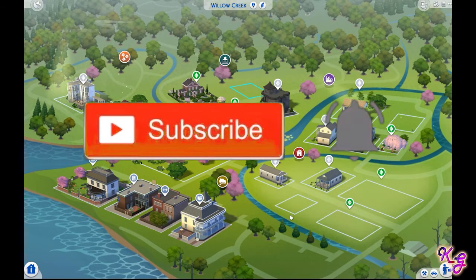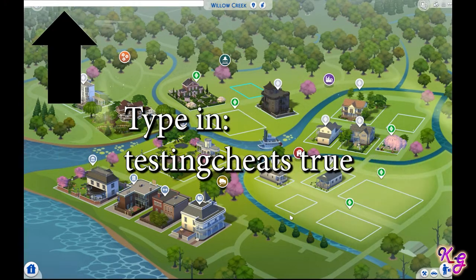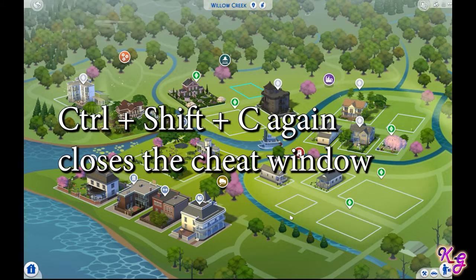Now, you do need to turn on testing cheats and use BB move objects to do this. You cannot do this otherwise. So that's the first thing we're going to do. We're going to press Control-Shift-C and turn on our testing cheats by typing in testing cheats true. After that, we're going to type in BB move objects, and you'll see the message that the BB move objects cheat is on. Then you can press Control-Shift-C to get out of that,